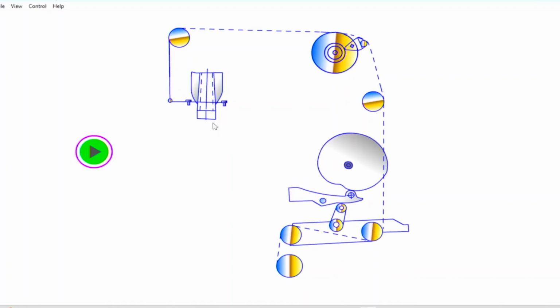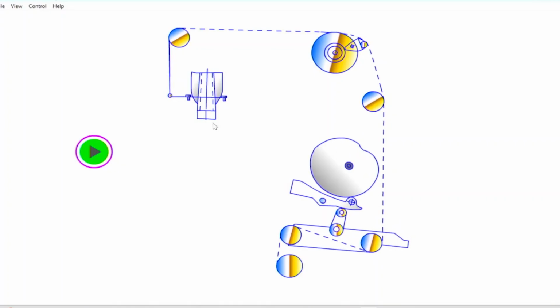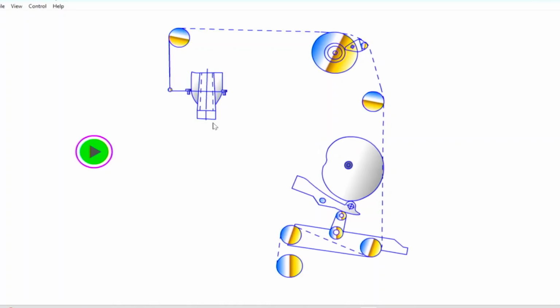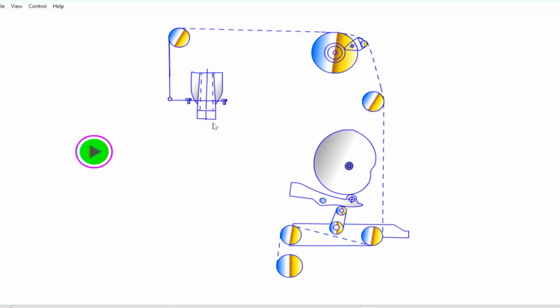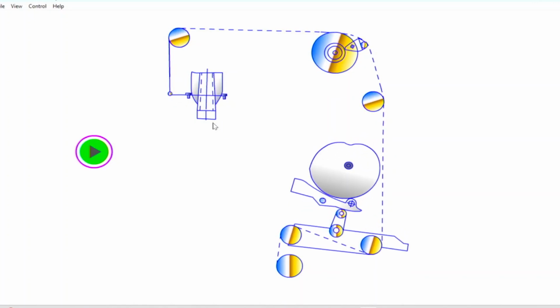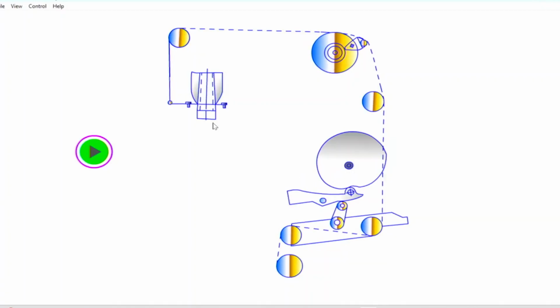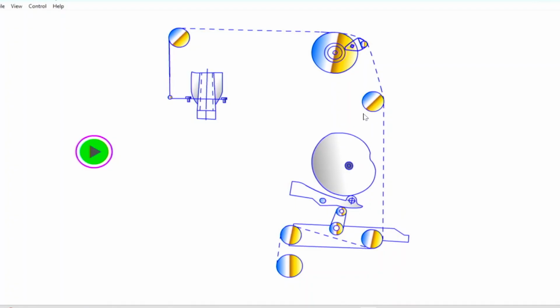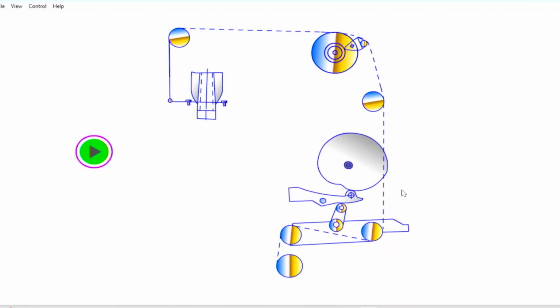So, at the base it is slow with accelerating speed, so that the tapering takes place, and when it moves downward it is at a faster speed, and that is called the binding layer. So, winding layer and binding layer are done with the use of this cam profile, and also there is